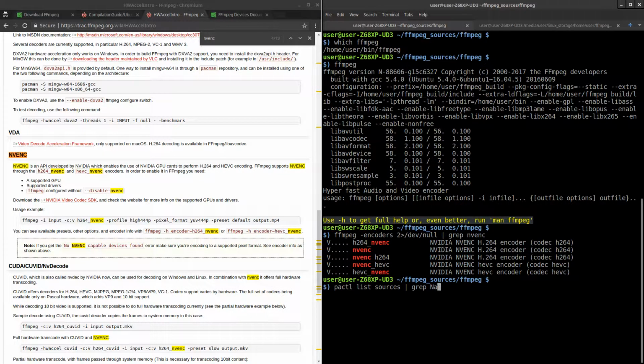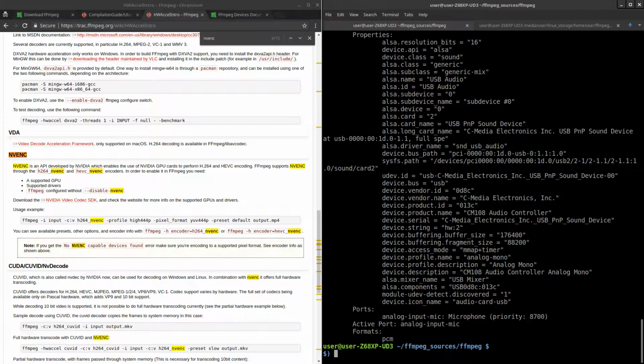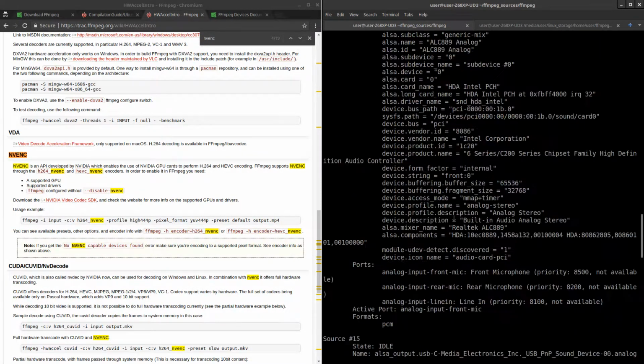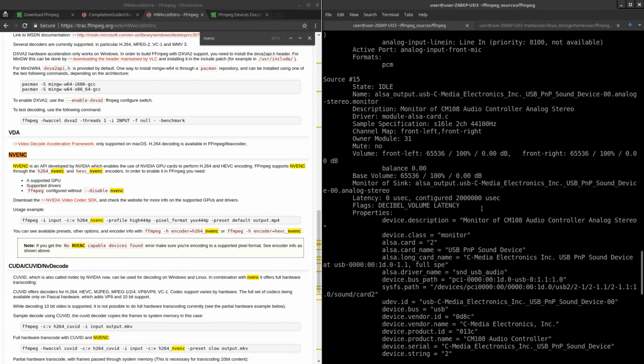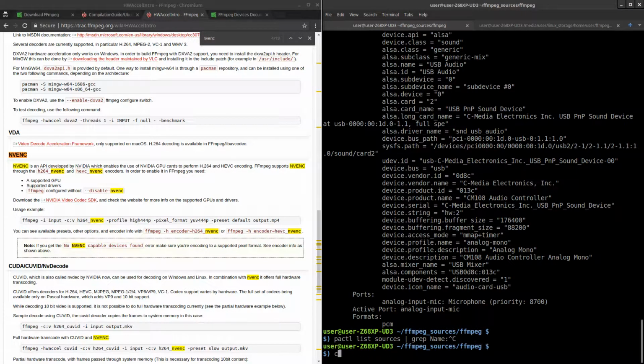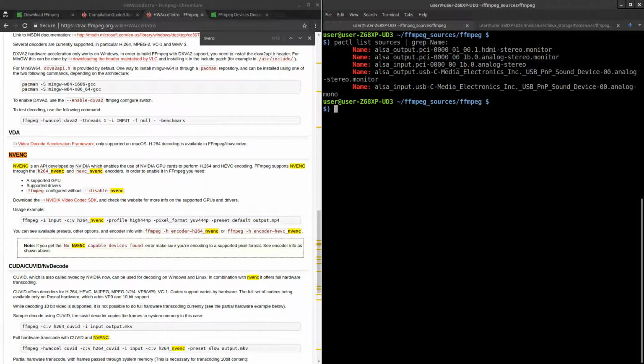Before I run this, though, I'll show you what this outputs first. So that's a lot of stuff. I don't really feel like sifting through all that. If you need additional information at some point, you can run it without grepping, but I'm going to grep for the name. And let's clear it again. Alright,